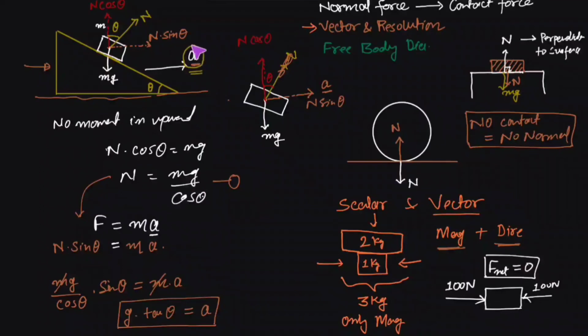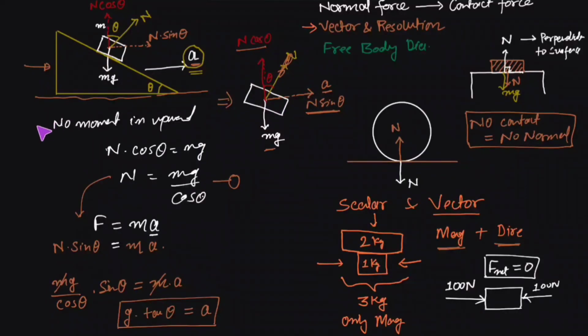We draw the free body diagram of the block. In the block, mg is the downward force, N would be the normal, which is perpendicular to the inclined surface of the wedge. Then we break N into two components, N cos theta vertically upward and N sin theta horizontally. Why did we break the force in this direction and the vertical? Why not along the inclined surface? Because there is no movement along the inclined surface. So we are interested in this motion, the acceleration, so we find the component in this direction only, and then the perpendicular direction.